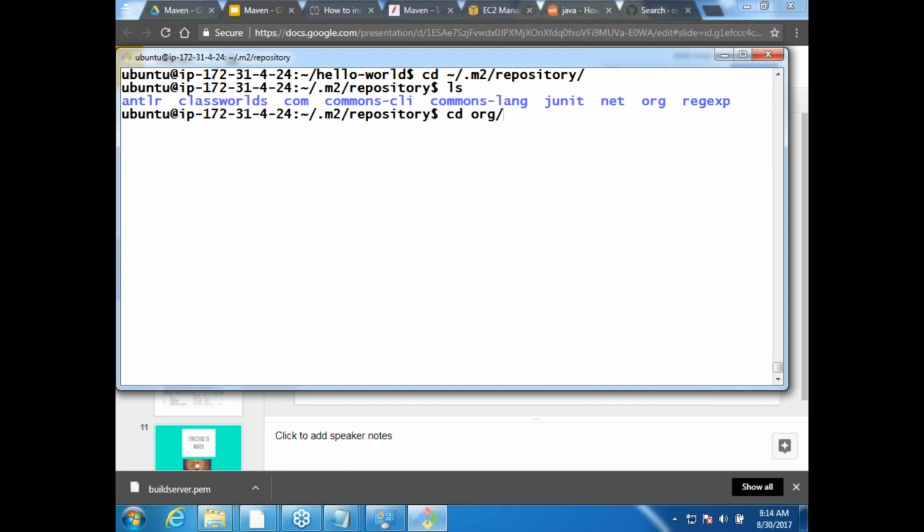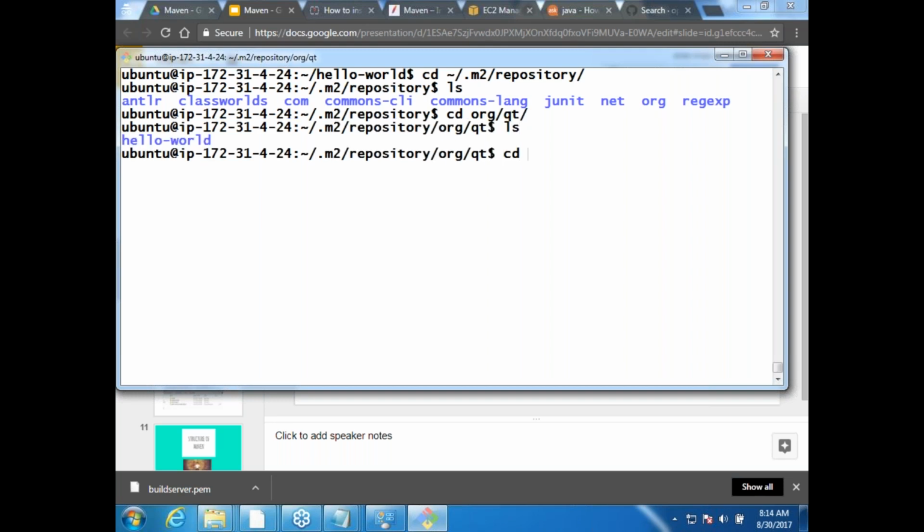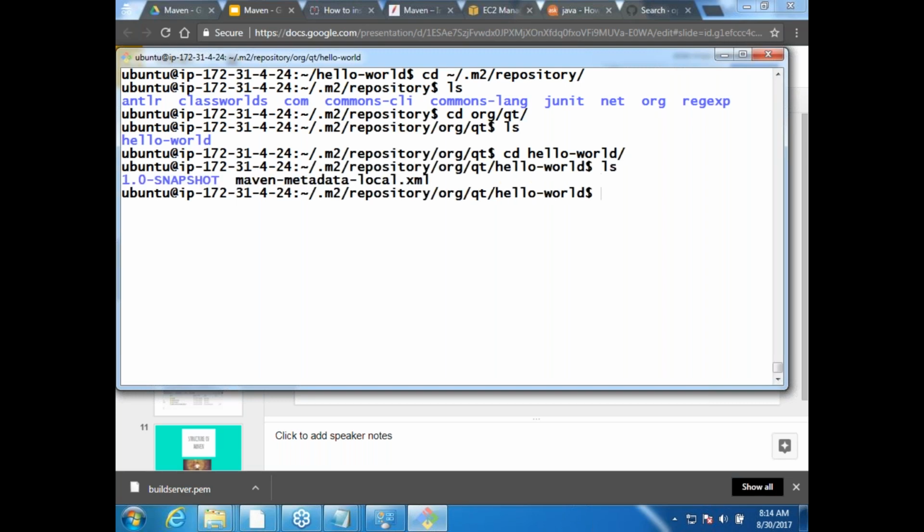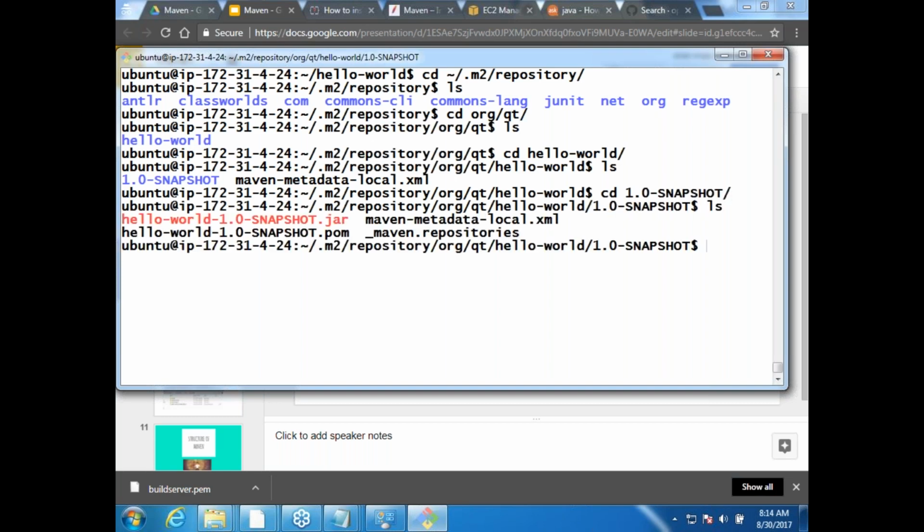Okay, org, and in that qt, and in that hello world, and you do ls, you would have something called 1.0 snapshot. And what is 1.0 snapshot? Version. Do I have my jar file over here? So that's how you can also move it to the local repository. Okay. Fine. Are we good now?